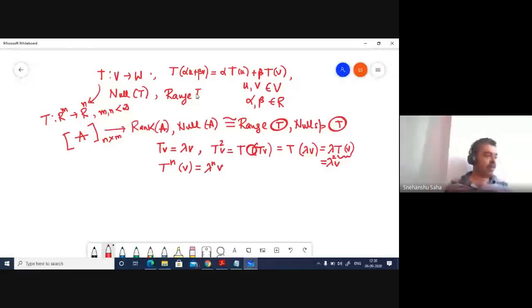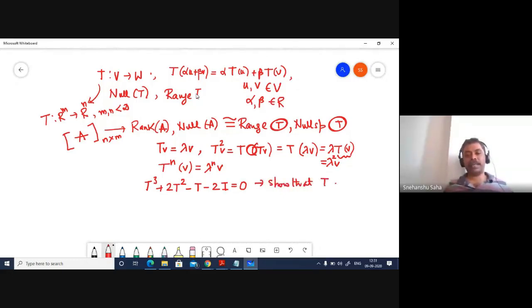So if I have a characteristic polynomial which is given in this manner, T cube plus 2T square minus T minus 2I equal to 0. Okay, so I give you a characteristic polynomial, and what I ask you to do is show that he is diagonalizable. This is a nice property, guys, and you know that we have exploited this property to explain and understand